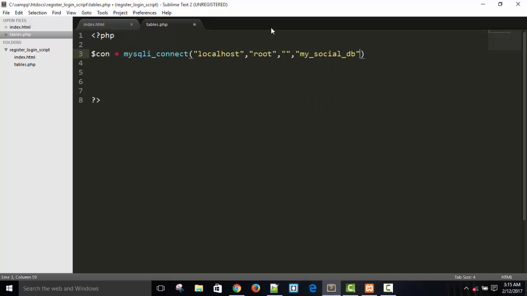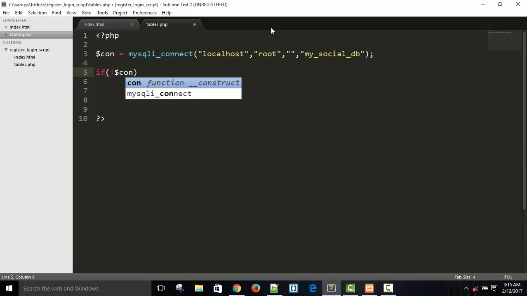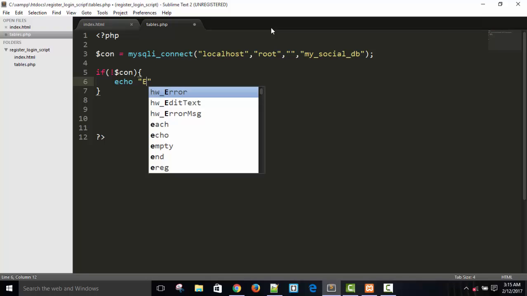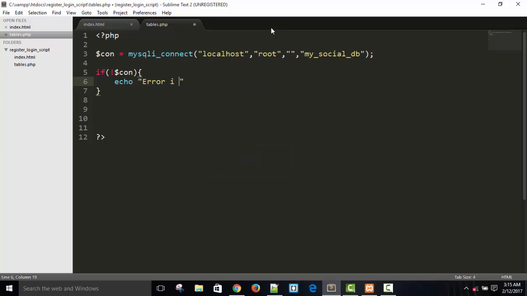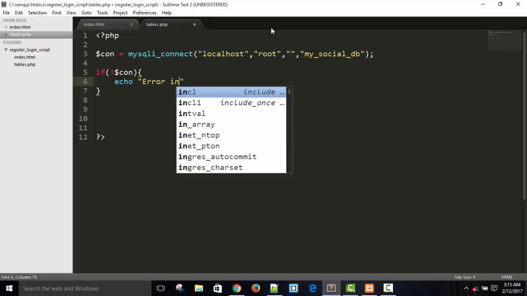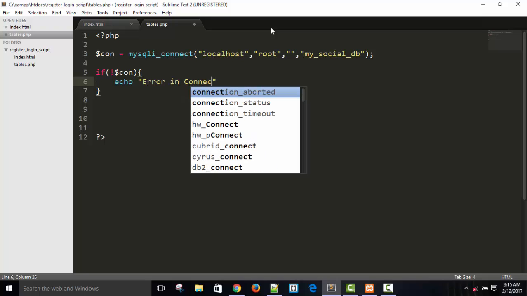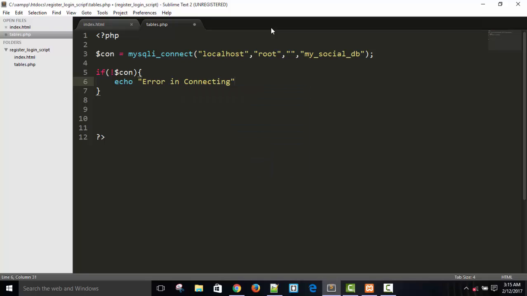So this is our database connection, and if the connection is not happening, it will echo error in connecting, and dot